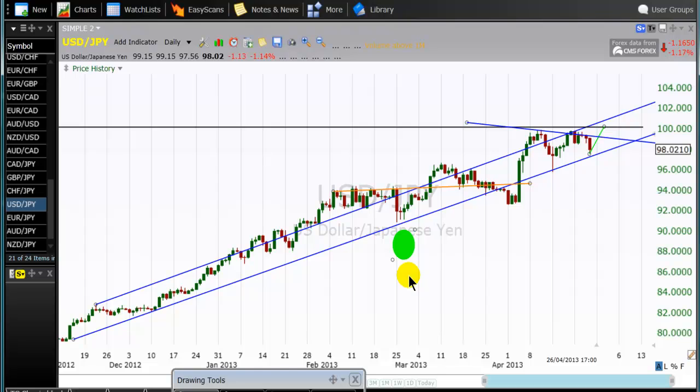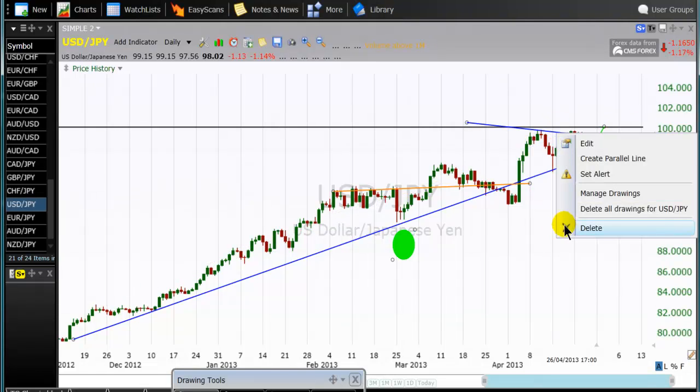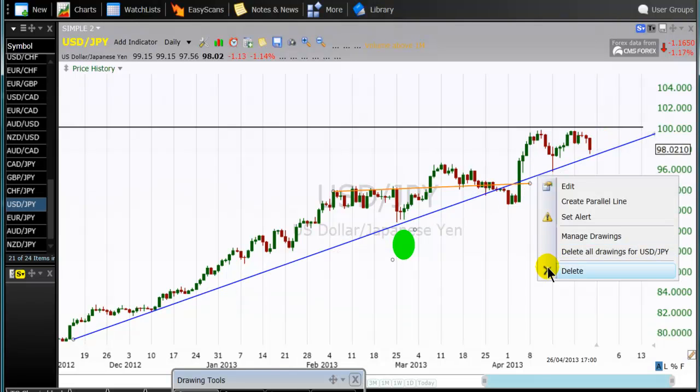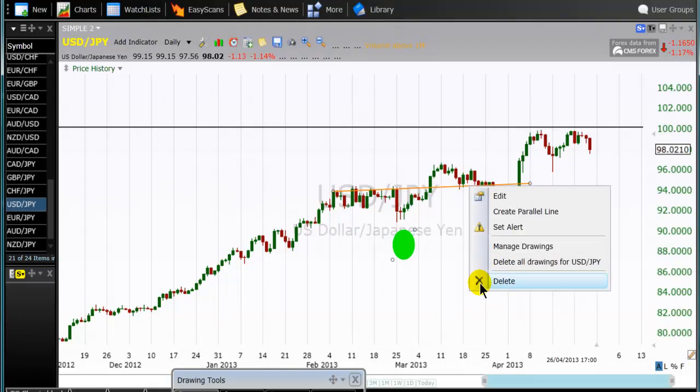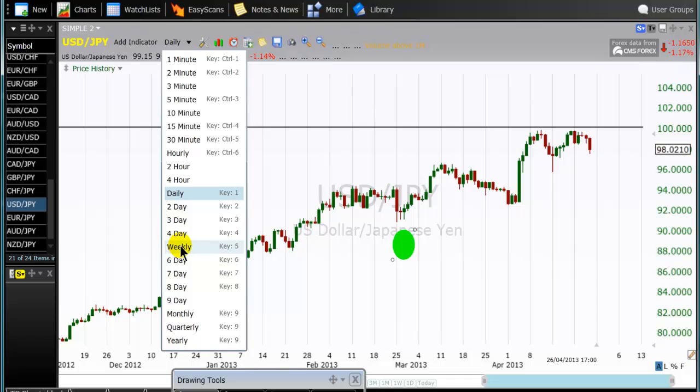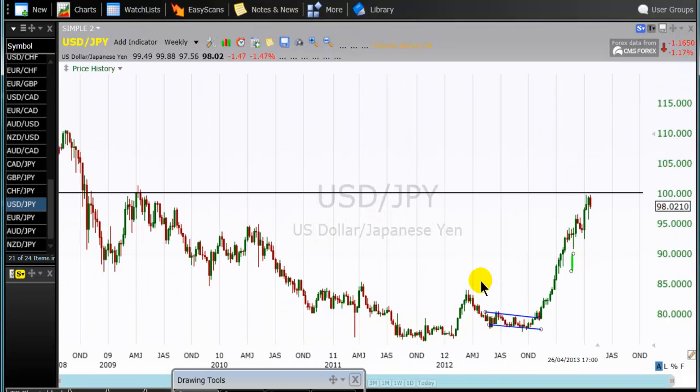So we talked about the horizontal channel. We talked about the rising channel. The next channel, ladies and gentlemen, is the declining channel. I will remove my line on this chart. And we will go now to the weekly chart of this currency pair. So we were talking about the horizontal channel, we talked about the rising channel, now the